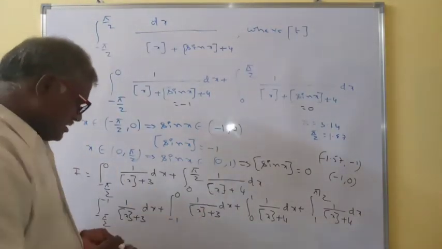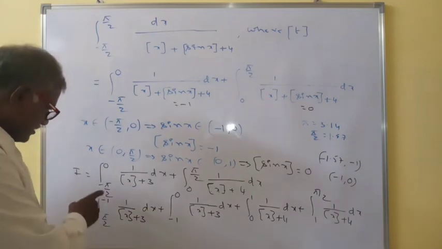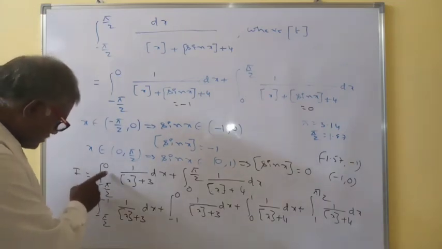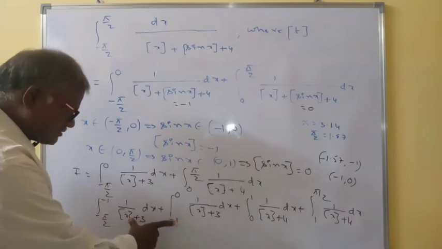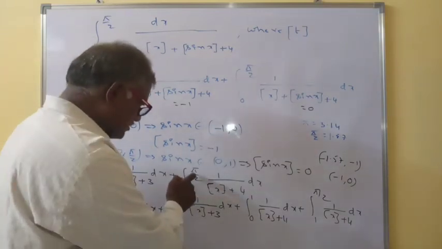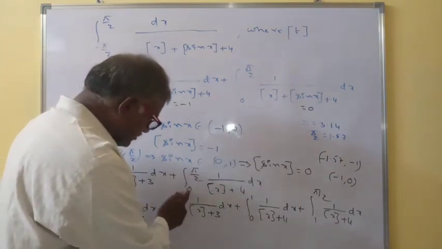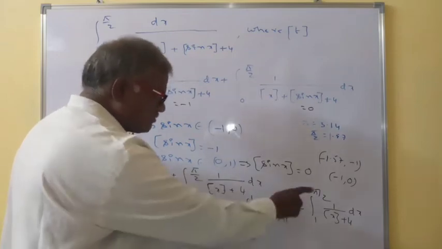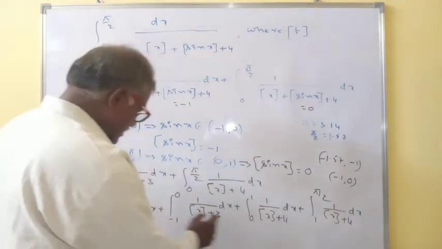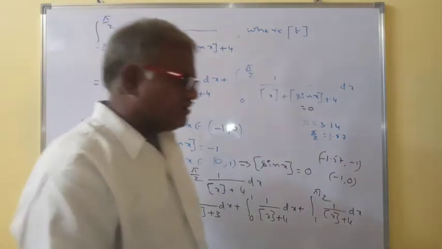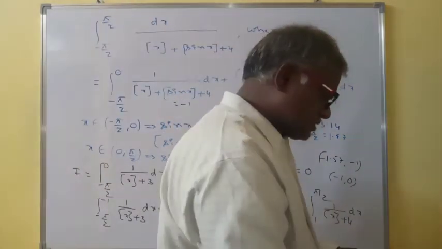So these are the intervals we are splitting into. Here 0 to pi by 2 you can split into 0 to 1 and 1 to pi by 2,